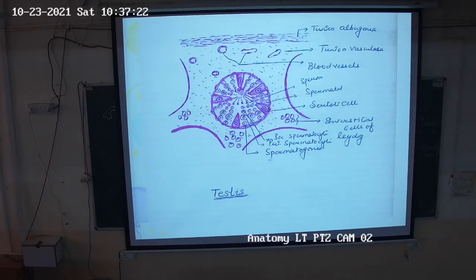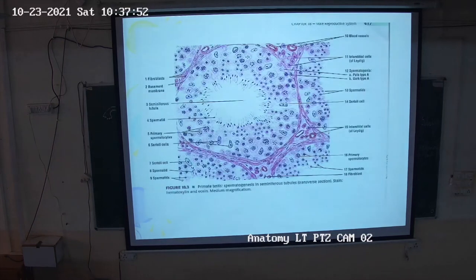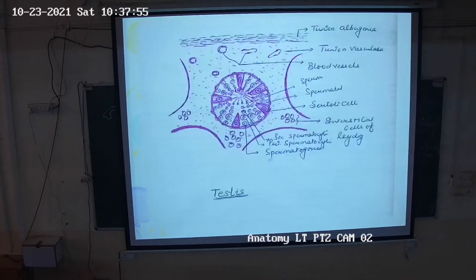It is having head, neck and tail part, axial filament, neck piece, middle piece or basal body and central and acrosomal cap. ठीक है. So this is surrounded by the connective tissue here, which has collections of the interstitial cells of the Leydig, which produces testosterone, which is required for the development of the reproductive organs and accessory sexual characteristics. So this is the bookish diagram, and this is the hand-drawn diagram of the testis.